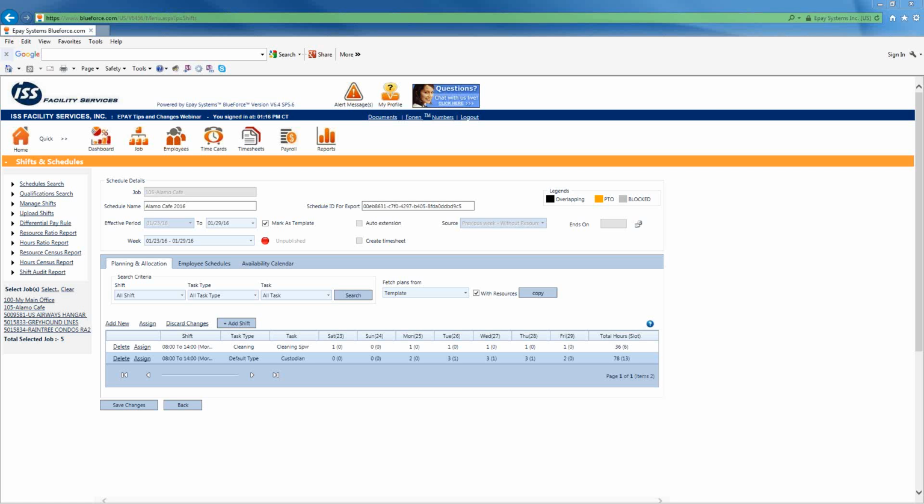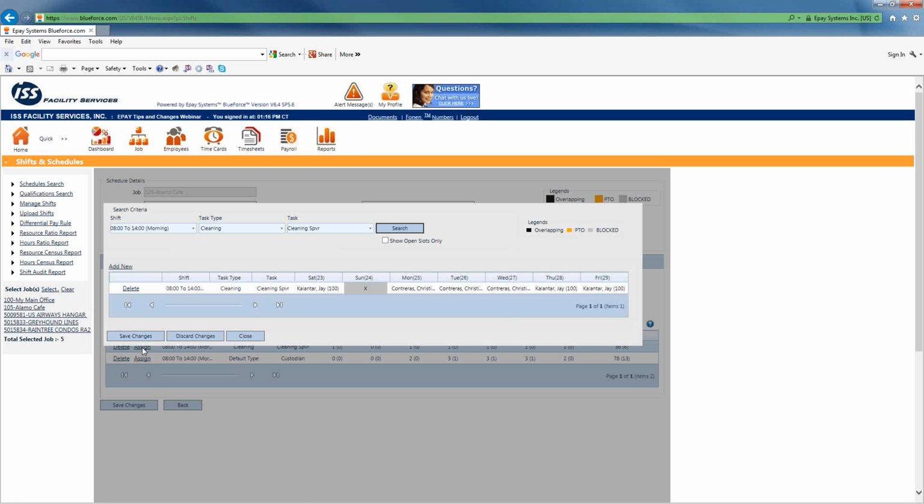Another question is, how do you remove someone from a shift? Just like I mentioned a while ago, if I go back in and go to that assign step, because I want to assign someone to a slot, if I ever go back in here and want to remove someone, or maybe just blank out all of my employees that are out there now, when I click on assign,